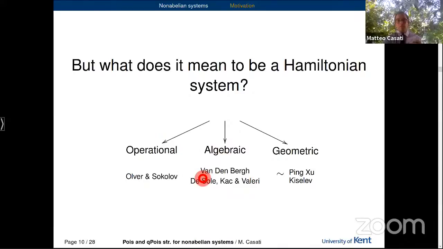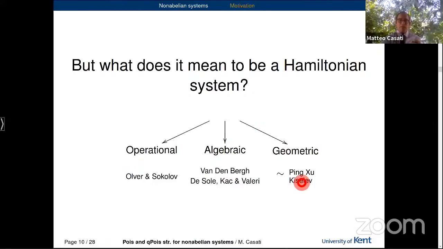More recently, there is an algebraic approach, which I think is very fruitful, and I'm sure that David Fernandez later and Maxime Fairon probably tomorrow will spend a big part of their talks on this. It is the story of double Poisson algebras, introduced by Van den Bergh in 2008, and the version tailored for PDEs by De Sole, Kac, and Valeri, more recent, from 2013, what they called double Poisson vertex algebras. But of course, what I'd like to discuss is a geometric interpretation of what being a Hamiltonian system in this setting means. There are some ideas about it,